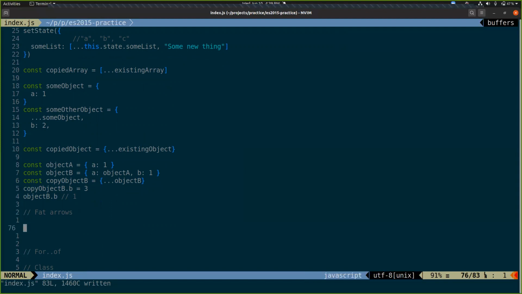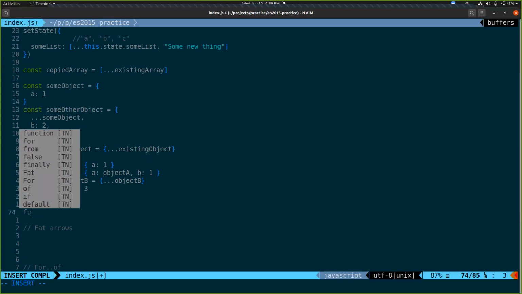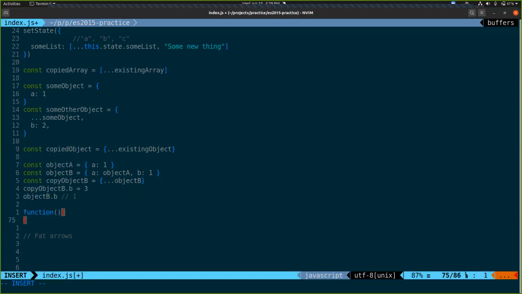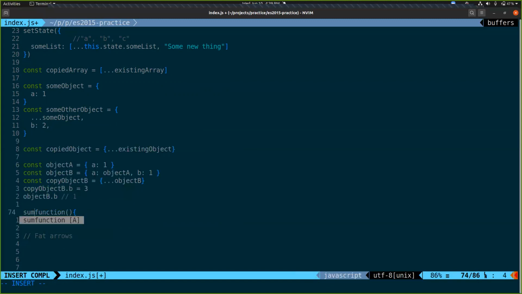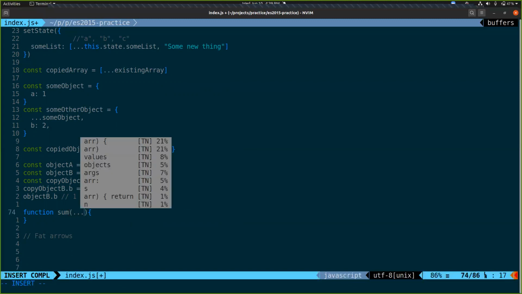Questions about rest? Oh, so we only talked about spread. That's the one you use most of the time. Rest exists inside of a function's parameters. So let's say same operator.